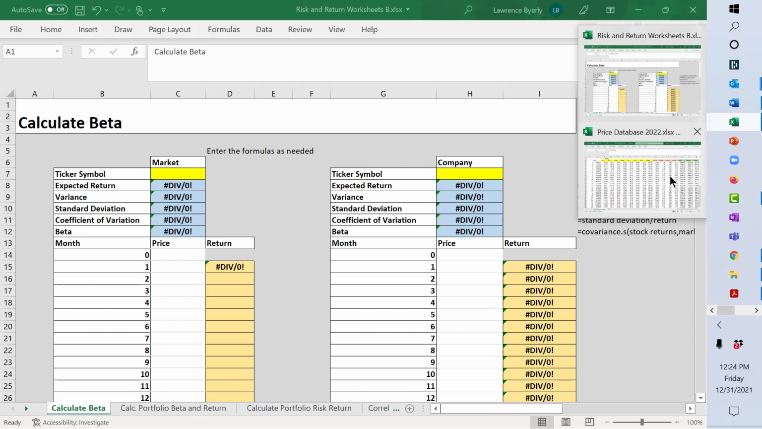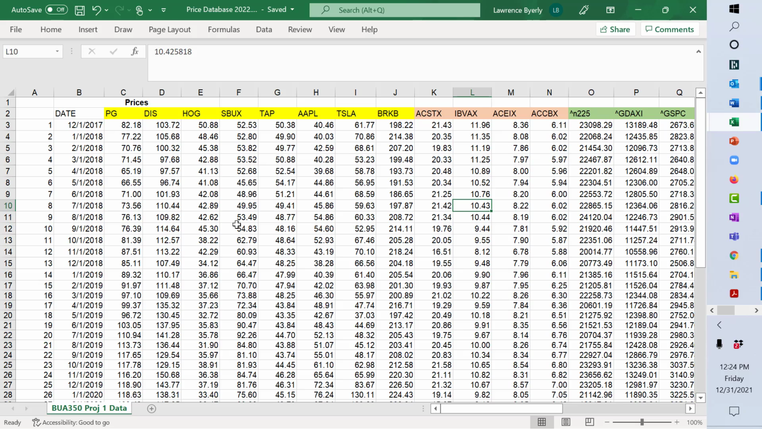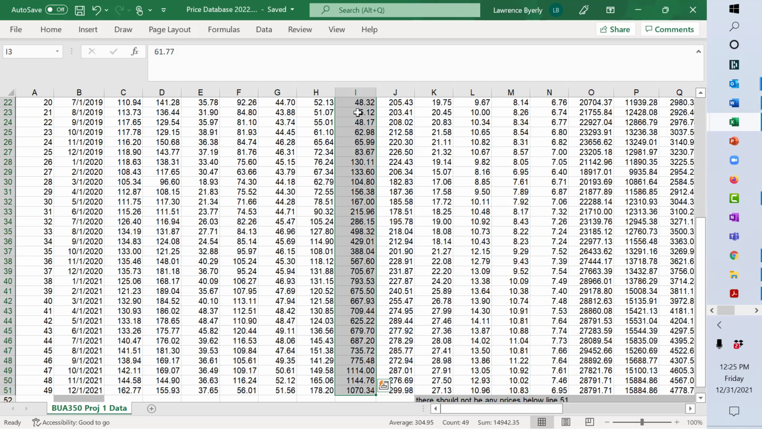So let's take a company. Let's open the database here. And what we can find, let's use Tesla. So what we want to do is highlight the prices. If you notice, there are 49 prices. The reason for that is you need 2 prices for a return. We need 48 returns, so that means we need 49 pieces of data. So then you just copy that data,